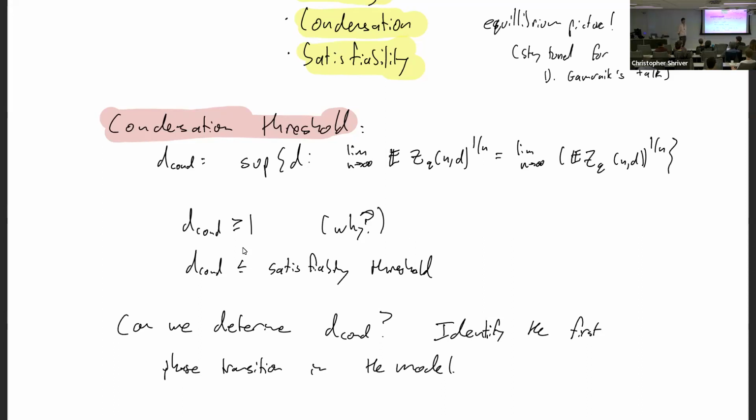This goes back to Tom's talk, right? What happens below 1 about the components? They're disconnected, they're small, they actually are basically all trees. There might be some small components, but for any tree you can calculate exactly the number of Q colorings, and it doesn't depend on the tree structure. So if you realize that and realize all components are trees, you'll see that you get this equality in the limit below the giant component threshold. And of course, the condensation threshold is a lower bound to the coloring threshold, because if this holds, definitely it's not 0 with high probability.